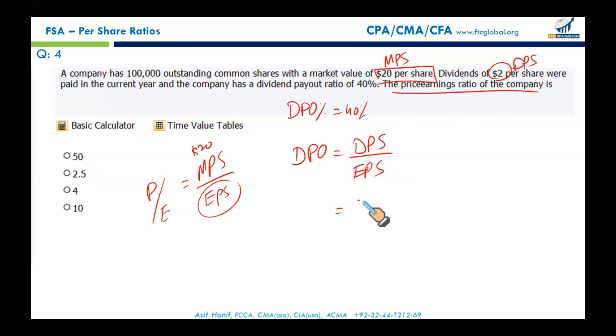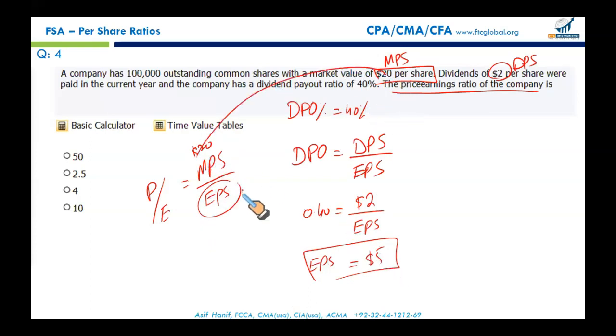So dividend per share is $2. Earning per share is to be calculated for the P/E multiple calculation. The dividend payout ratio is 0.40. Just make EPS the subject of this equation and you will get your answer. It's $5. So EPS is $5. Now, the market price is 20, which is already given, and EPS, which we have just derived, is $5, so the price earning multiple is 4, which means for every $1 of earning of this company's stock, the investor is willing to give $4. So apparently it's a good one, and that's the right answer as well.